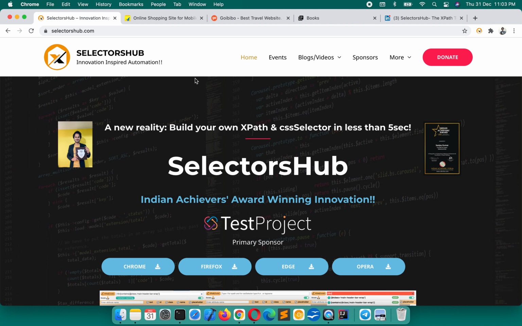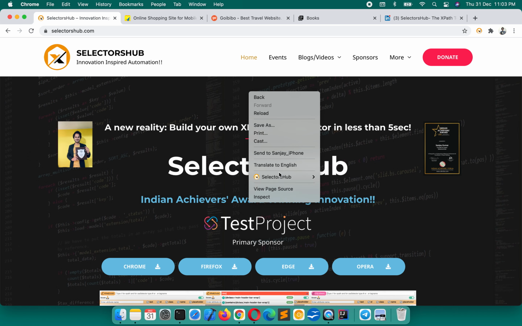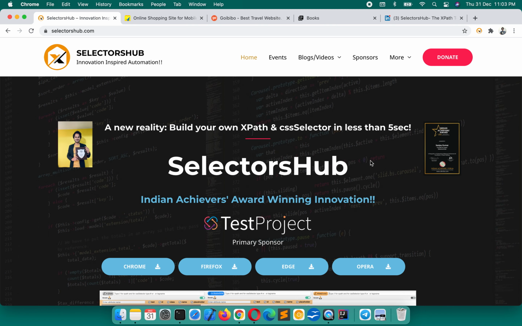Okay, so tips and tricks to save more time here. If you don't want to open the DevTools and the Selectors Hub sub tab directly, you can copy the XPath or any of the related selectors which you want. But I would really recommend doing this when you are really expert and good at writing, or if you are not able to generate it, in that case you can use this.